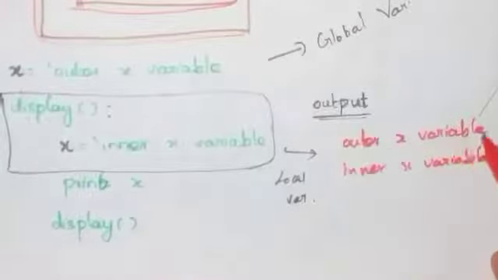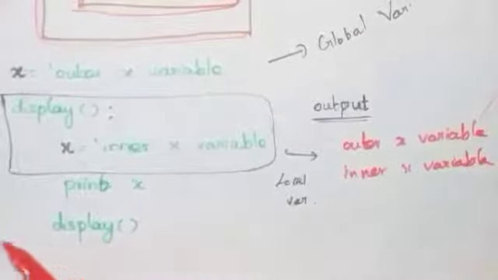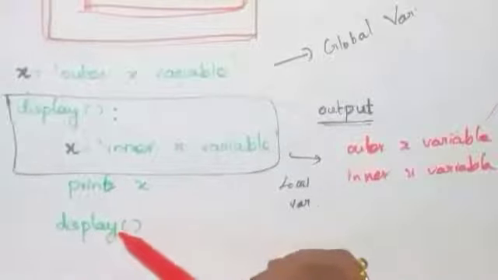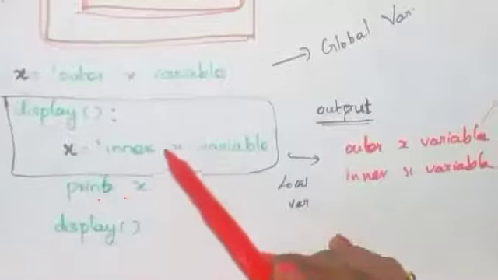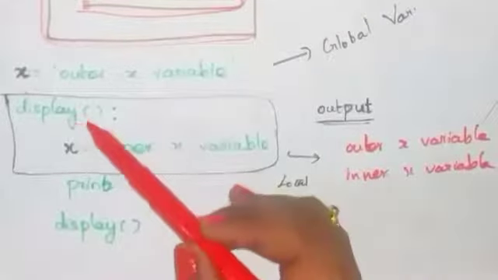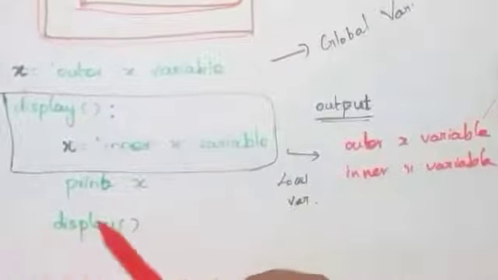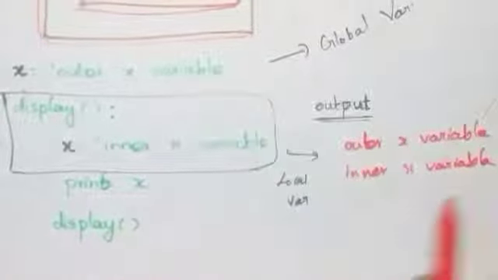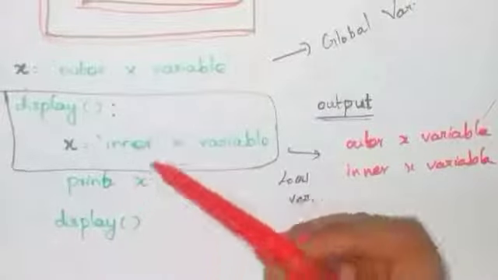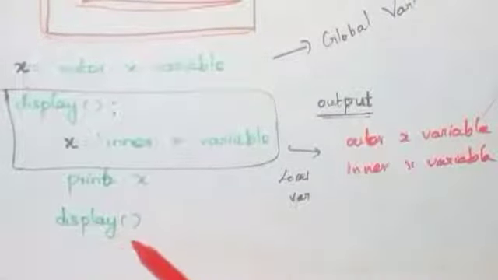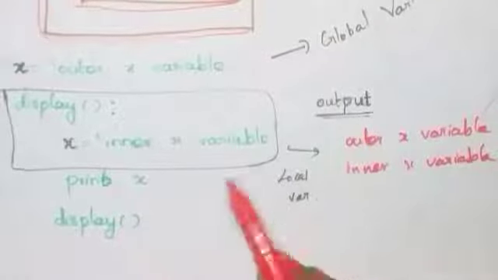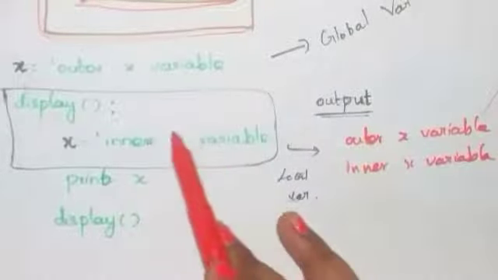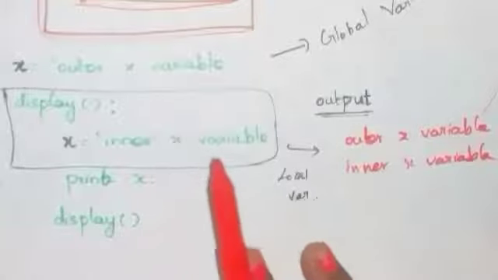And next, in the fifth statement we execute the display function. Which variable comes under this display function? The x variable. This variable comes under the function display. So this fifth statement prints the inner x variable in the output. Here first this statement is executed, after that this statement is executed. So there is a rule: it prints the output based on its order. According to that order only, the variable has to be selected.